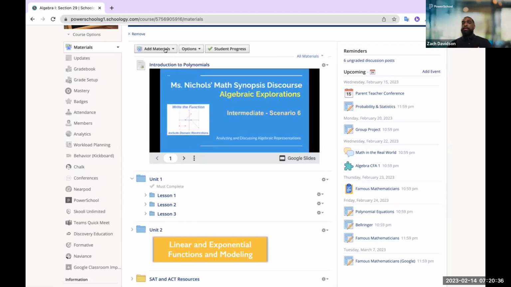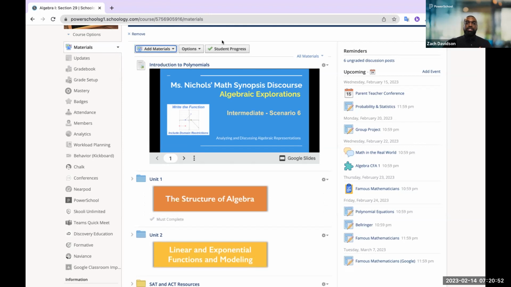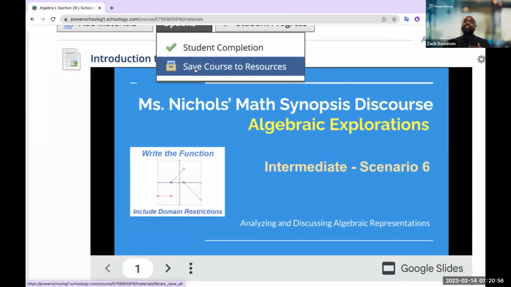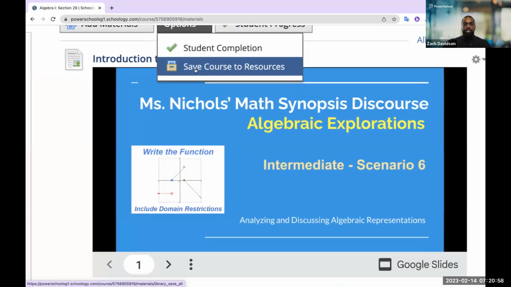Now, remember in the beginning of the conversation, I mentioned that the resources area acts as a content repository, unlimited storage for whatever you want to save in the platform that you build here in the system, or even import from an outside source. Now, in this example, I built out this course here, and you'll notice this option tab where the second option allows me to save the entire course to resources.